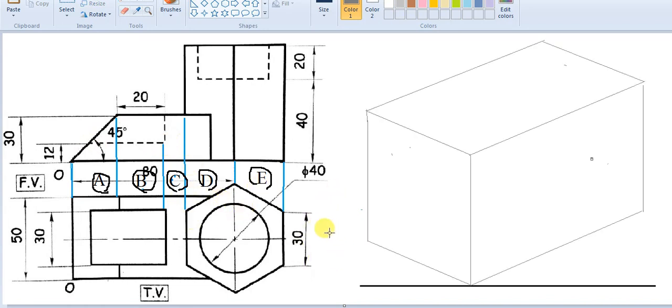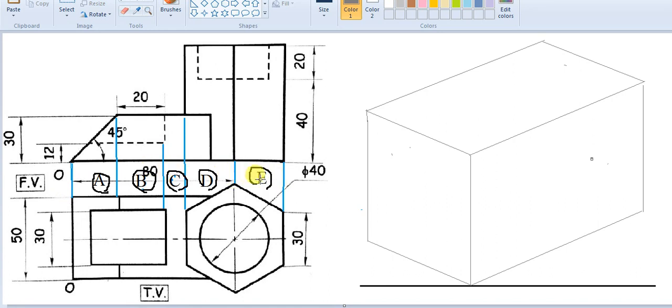So let us try to understand the outermost box dimension. It is very evident that the total height seen is 40 plus 20, which is 60 in total. So the total height of the box is 60. As far as the length is concerned, we'll have to figure out certain dimensions. For example, the distance between this particular edge and the center of the hexagonal shape is 80.